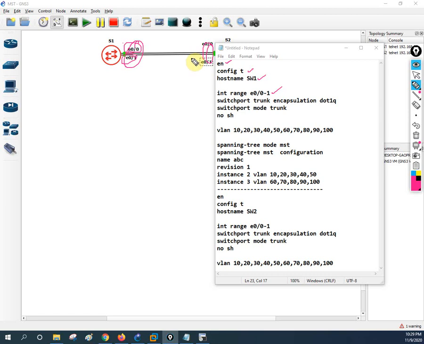Trunk protocol we use: we make the interface a trunk, so it will add the tagging and it will transfer the VLANs. It will add one tag to the frame saying that this frame belongs to VLAN 10. We already discussed this in the CCNA 200-301 series. If you have any confusion, you can refer to that also. Anyhow, in our syllabus we have that, so we are going to discuss it after this topic.